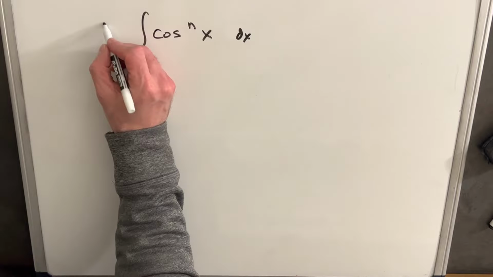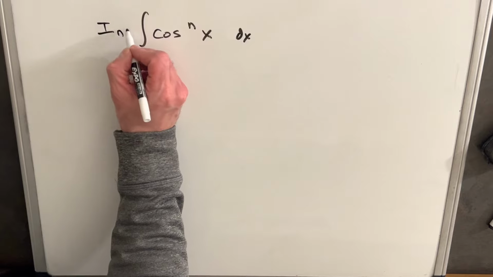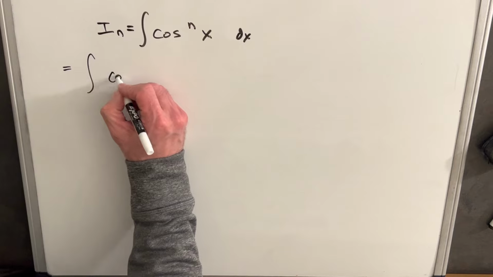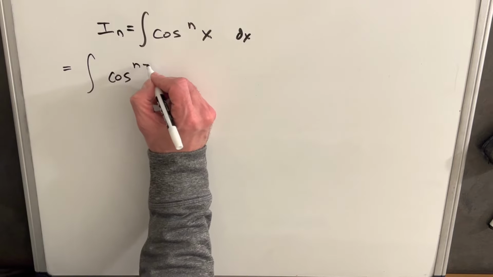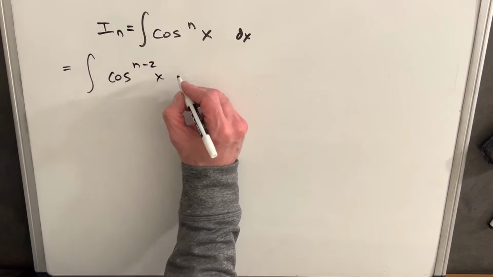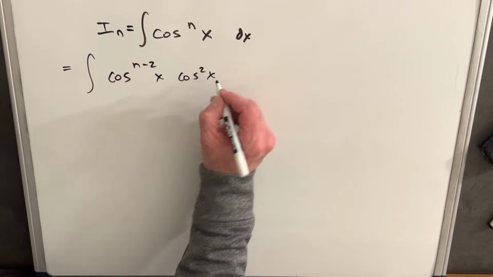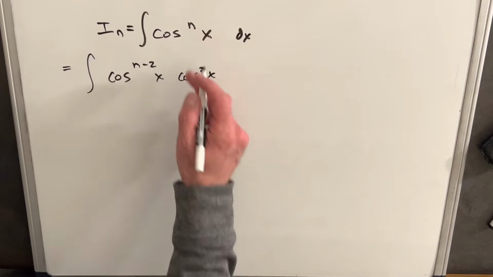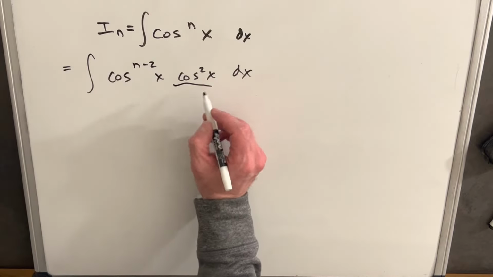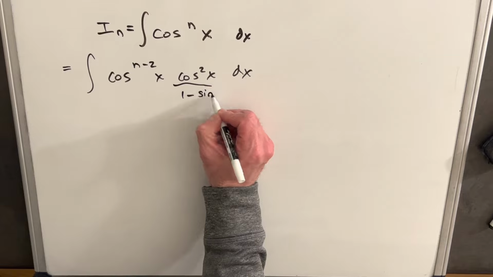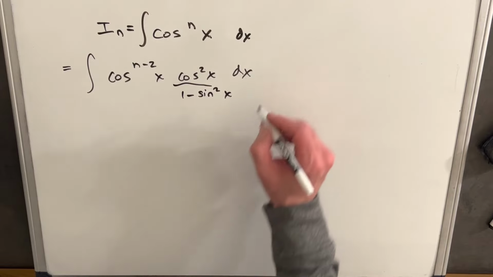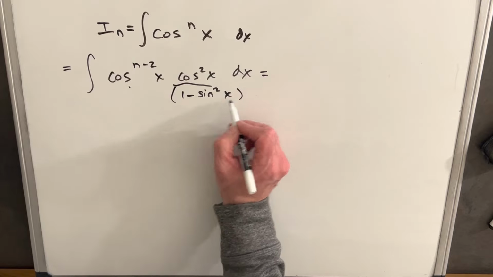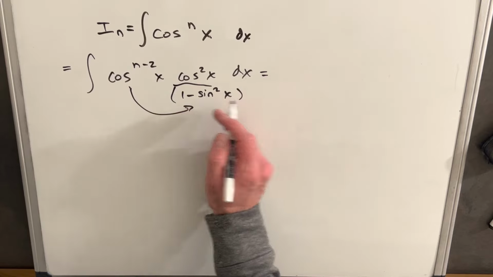What I want to do is call my original integral I sub n so we can keep track of it. To start this off, I'm going to rewrite my integral. We'll write this as cosine n minus 2 x, and then a cosine squared x, noting that we haven't changed it, because if we multiply cosine squared times cosine n minus 2, we get back to cosine of n. Then let's write this as 1 minus sine squared x. Okay, and then I'm going to distribute this in here and separate it into two